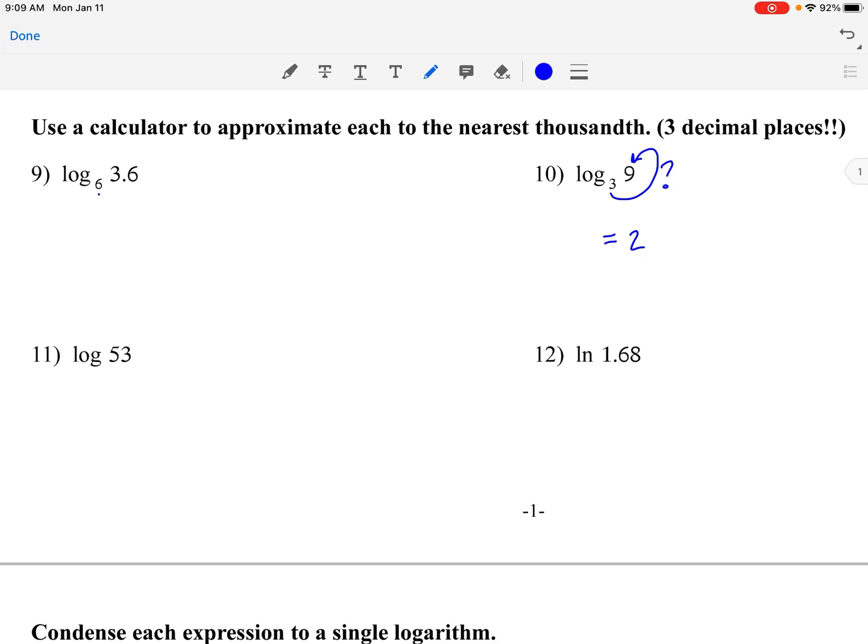But some of these, like this one, 6 to the what power equals 3.6? That is a weird question, so I don't really know. So we use a calculator, and even on this one, you can use a calculator to approximate this. But when you do this on your calculator, and I don't have it on my iPad to show you,